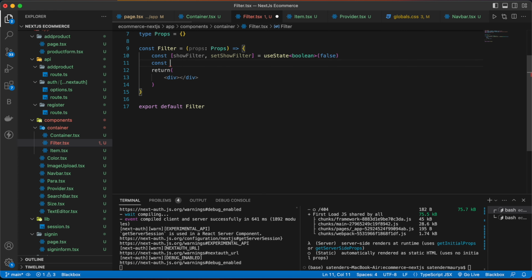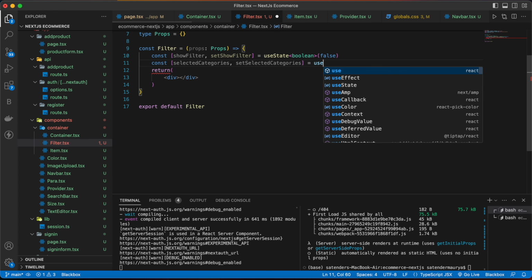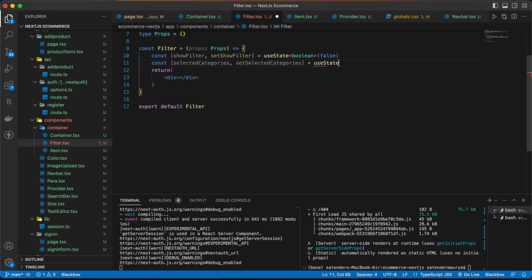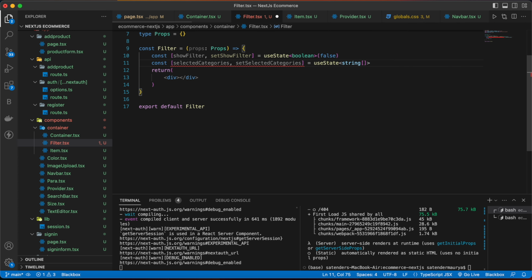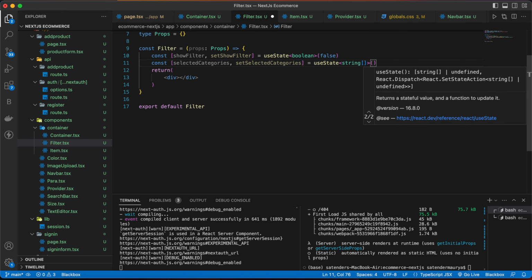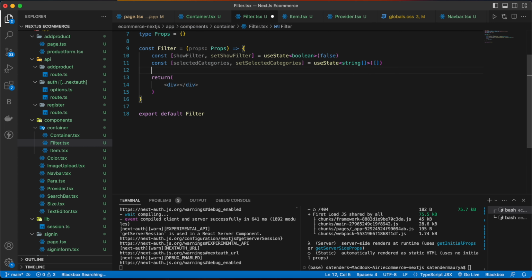Then we are going to have const selectedCategories, setSelectedCategories, useState, type will be string array, and initial value will be empty.